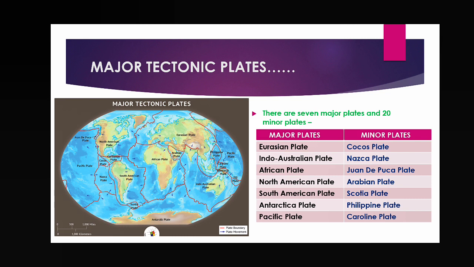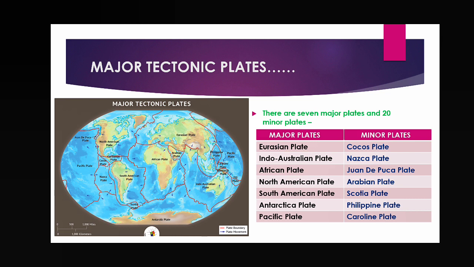So now take a look. Here we have to find out some important plates of the world. So already we have seen that lithosphere is of how many types? Two types. Who are they? Oceanic lithosphere and continental lithosphere. According to this also, plates are of two types, continental plates and oceanic plates. If any plate is coming under a continent, that is called a continental plate. If any plate is coming under an ocean, then it is called an oceanic plate.